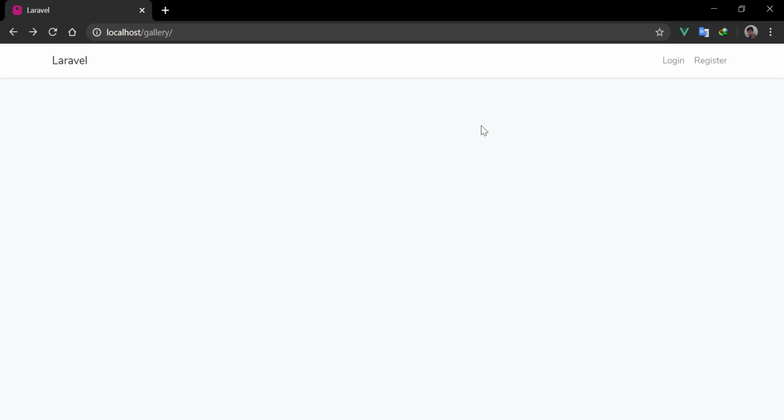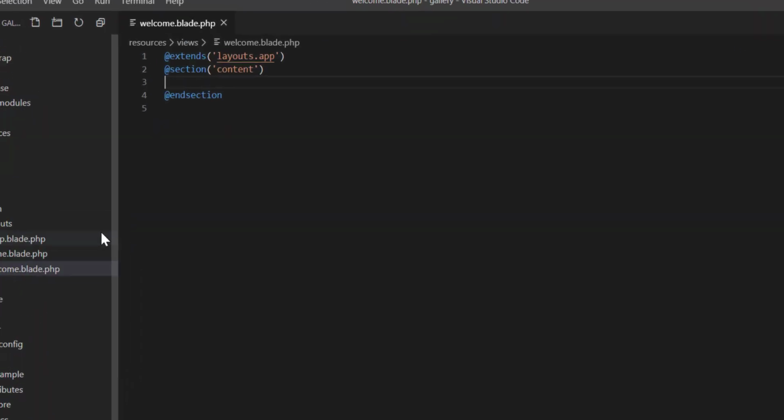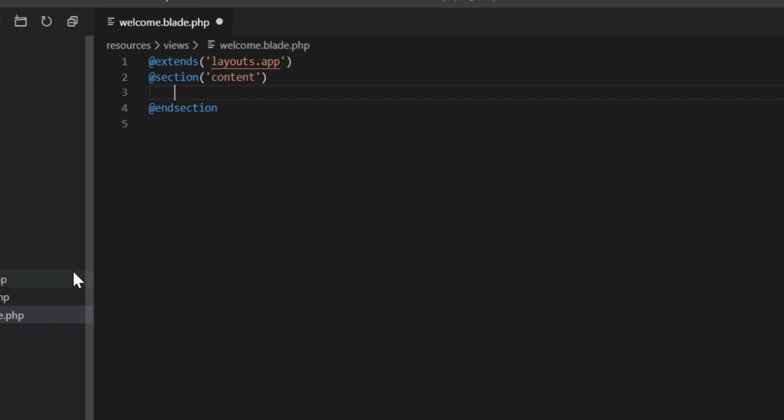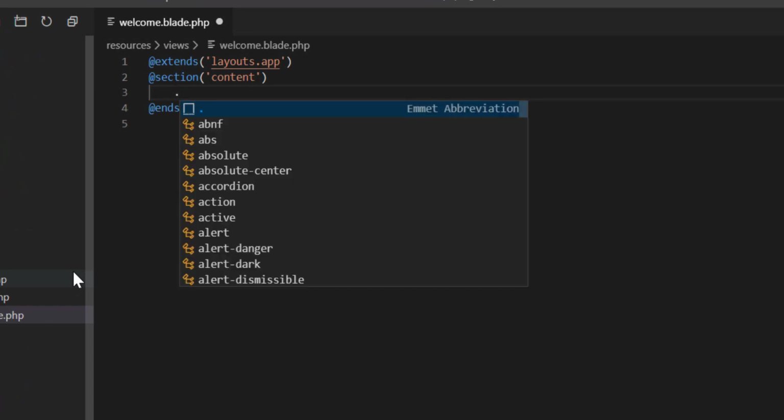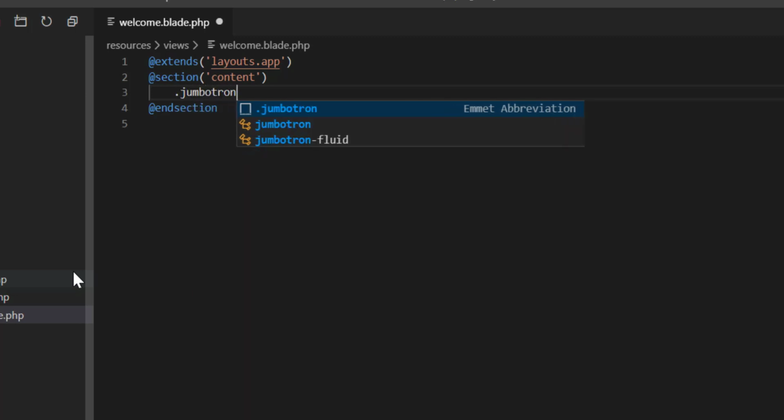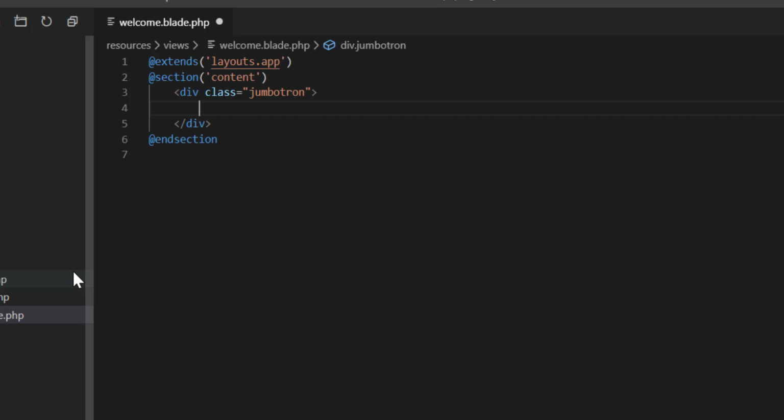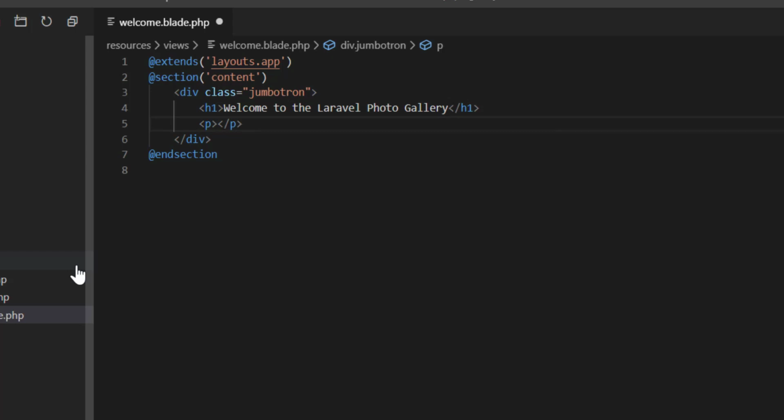As you can see, we have included our navbar. Now we want a welcome message in here, so let's create that. We should create a div and give it a class of Jumbotron. And inside our div we want an h1 which says welcome to the Laravel photo gallery. And after that we want a paragraph which says